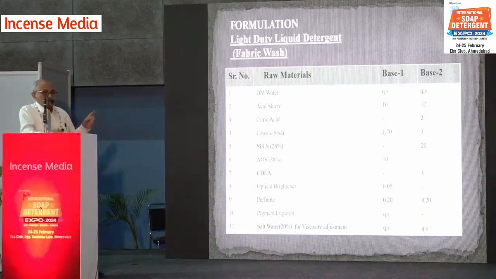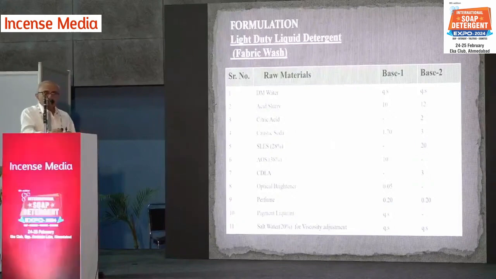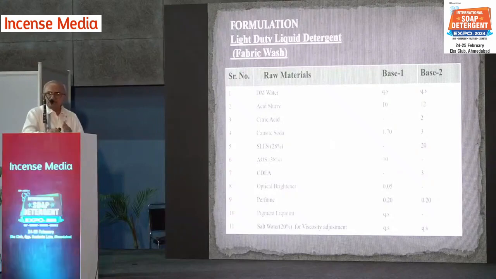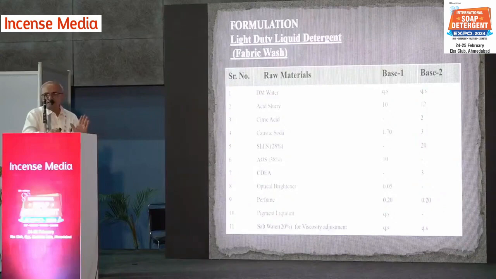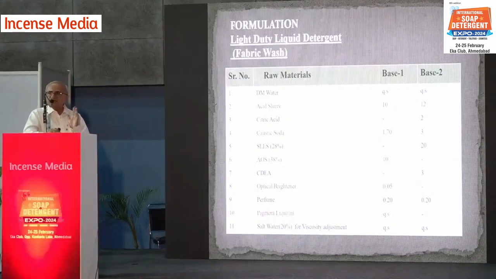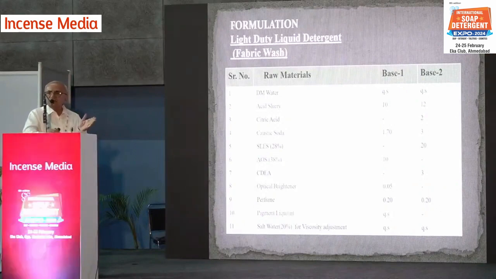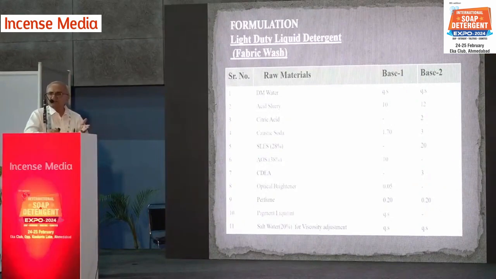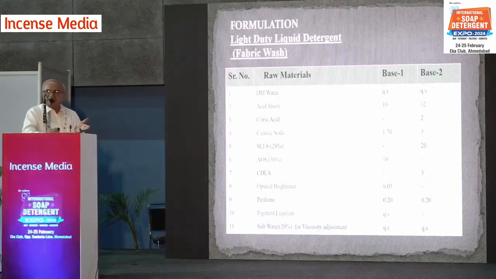If you want to improve the detergency, then you can add 1 or 2% alkali, say metasilicate or soda, to increase the pH. At higher pH, detergency will increase. And at higher pH, the color will not work. So in that case, you can add pigments. Some pigments are available. As I told you, polymeric pigments are available. Some American company is supplying, and they work better.